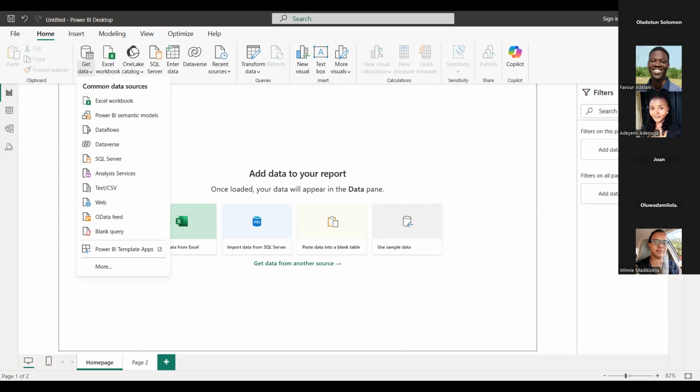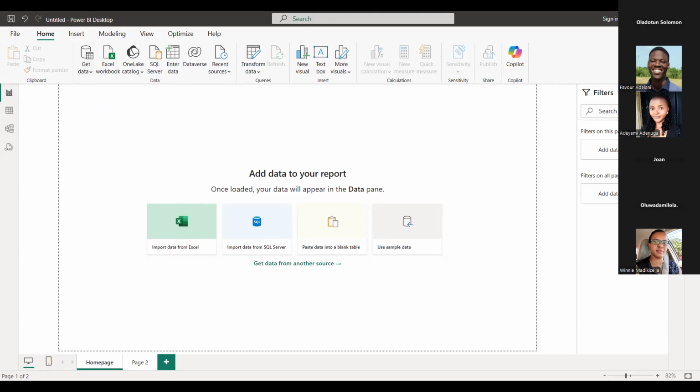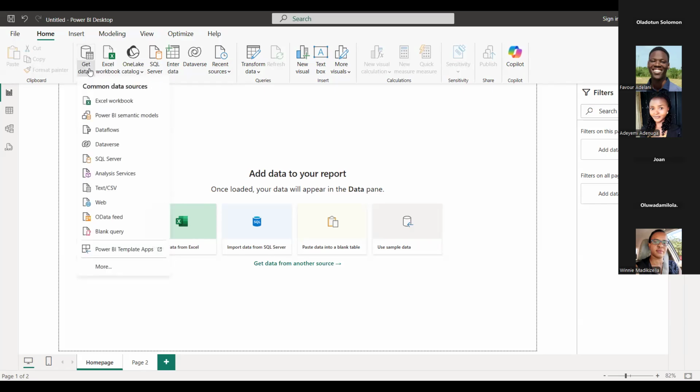Then the Excel file is structured data stored in a tabular format. Okay. Thank you very much for that.